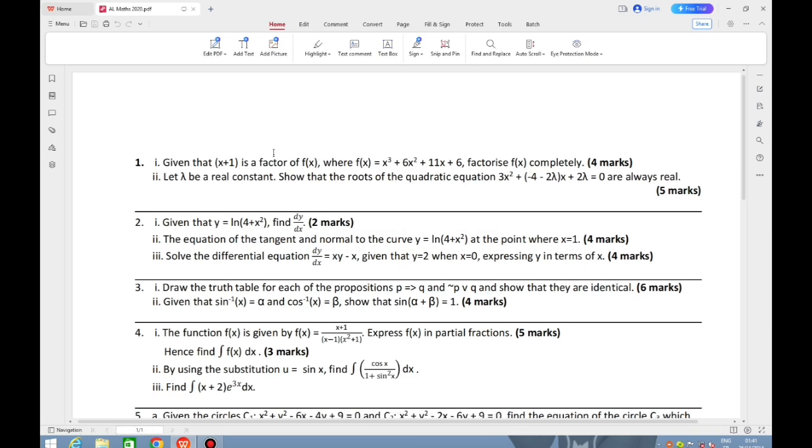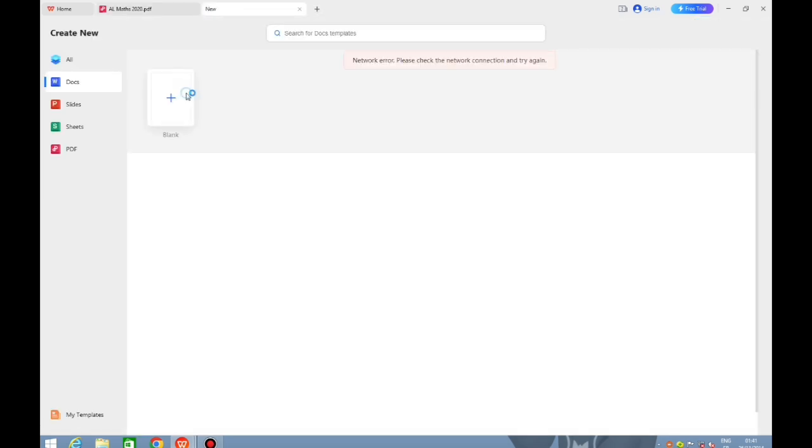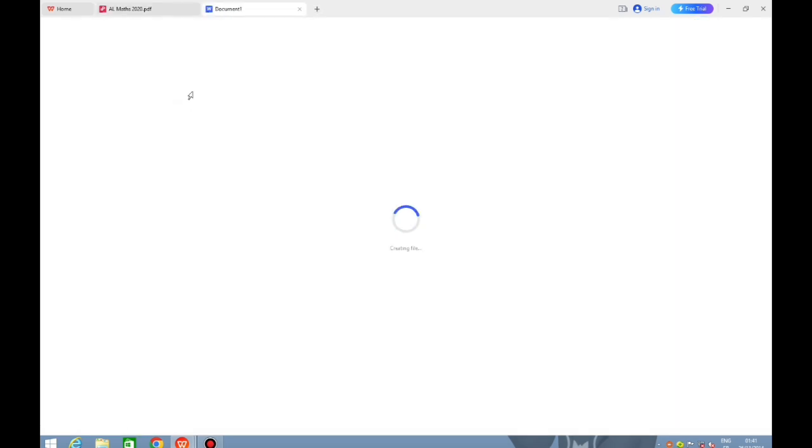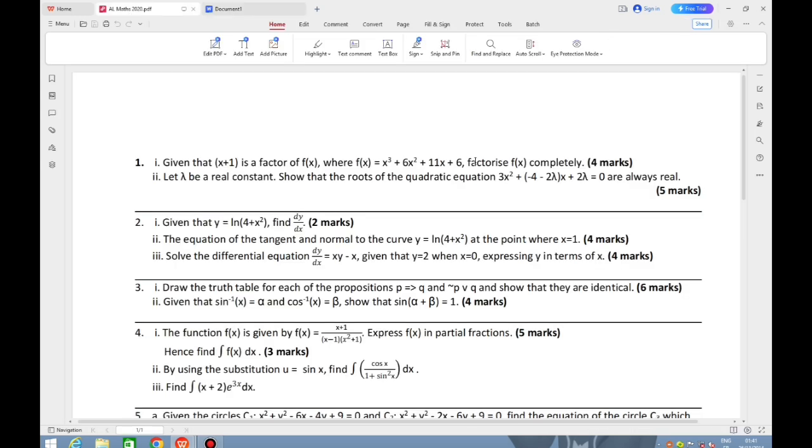The first question says, given that x plus 1 is a factor of f of x, where f of x equals x cubed plus 6x squared plus 11x plus 6, factorize f of x completely. So to respond to that, let's create a new file where we're going to store all our answers. So f of x is equal to this,